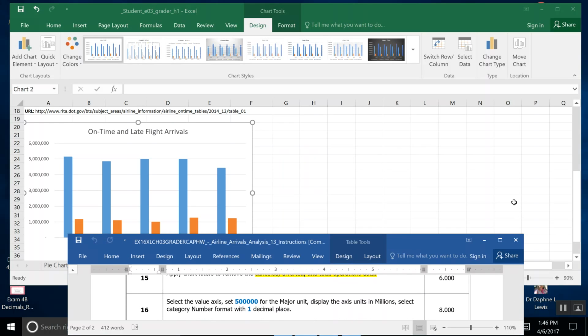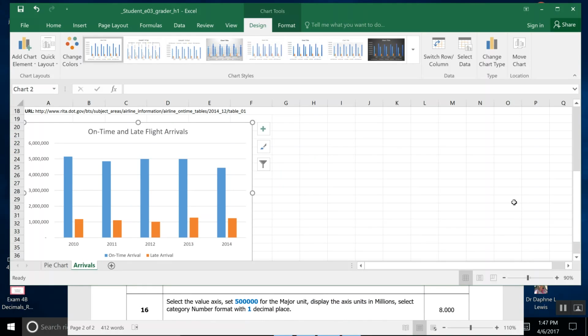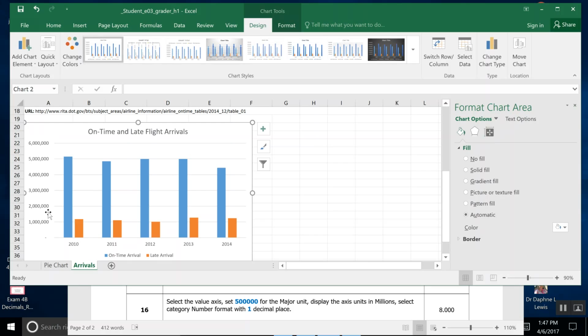Step 16, select the value axis. And the value axis, okay, right here is like your dates. Down here's your legend. Here's your title. But over here on the left where you have 6 million, 5 million, 4 million, 3 million, 2 million, and 1 million, it also looks like a white axis. It is your value axis. So if we double click that, then our format axis bar appears. And what it's asking us to do is set the major units for number,